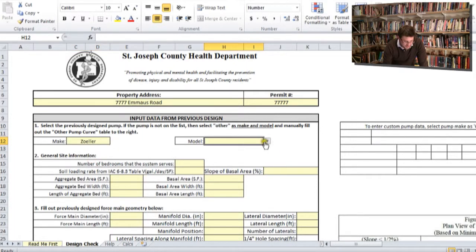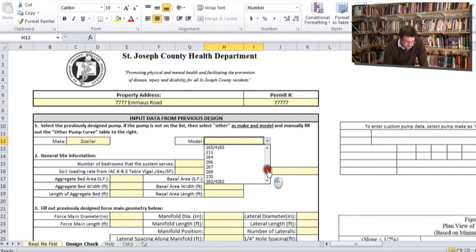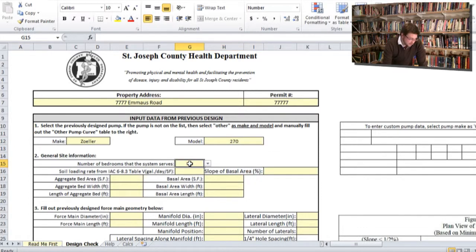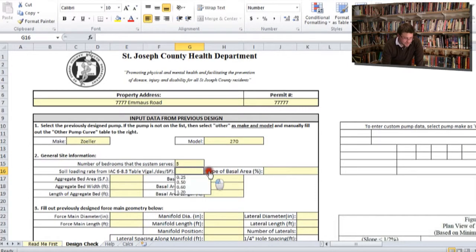As you can see, in our county that's the most popular pump. We are not endorsing any pump in our county; that just happened to be the most popular one. Number of bedrooms: you can see that this input is up higher than on the flood dose spreadsheet. So it's 3. Soil loading rate: this will be given by specifications from a county, or you can use Table 5 from the Indiana